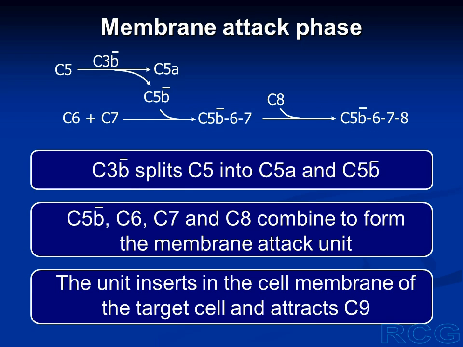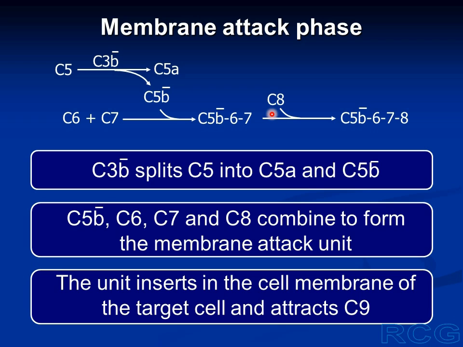Now the third phase begins, the membrane attack phase. And this phase is initiated by active C3b. So this active C3b acts on C5. C5 is split into C5a and C5b. C5b is the enzymatically active form. Now C6 and C7 join active C5b, a complex made up of C5b, C6 and C7 is made, and then